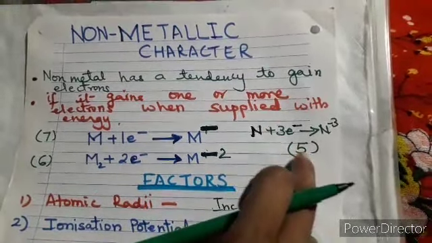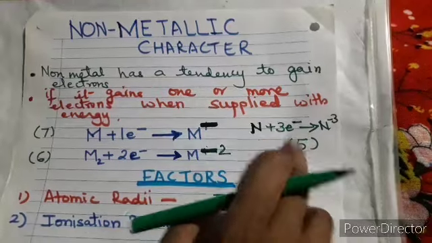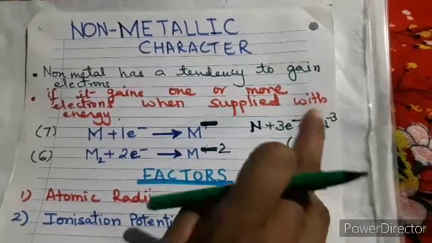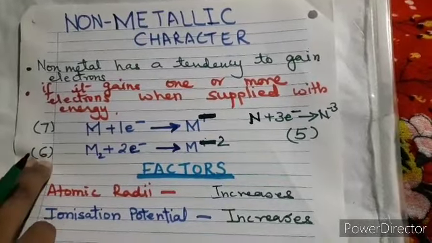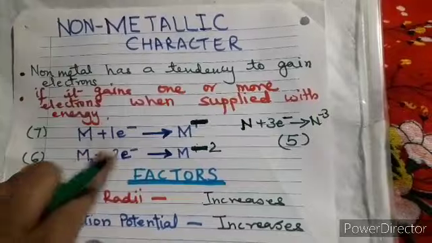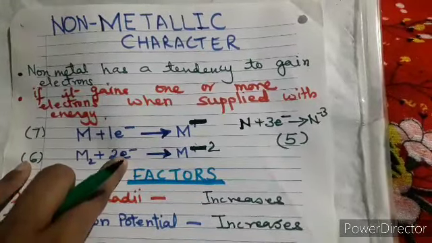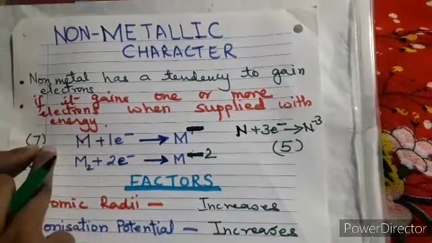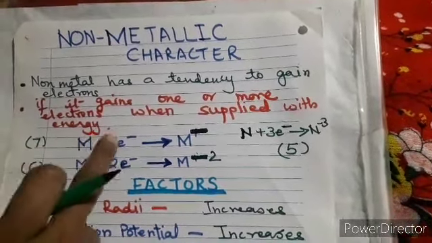Now you can easily see, to make it 8, how many more electrons are required? It's 3. So 5 plus 3 is 8. Similarly over here, if 6 are there, how many electrons are needed by this particular non-metal atom? It is 2. So 6 plus 2 is again 8. Now this must be clear to you. If 7 are there, you need one more to make it 8. So 7 plus 1 is 8.